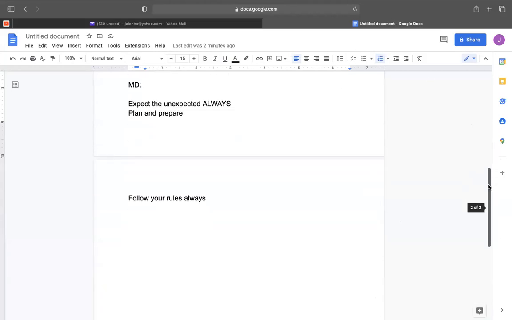So next is management discipline, right? I could teach you guys a thousand different things, but managing discipline is going to be key. And we're going to get into an actual slideshow in a minute here. These are the only things that I do. It's just 3 steps of managing discipline. And it is: expect the unexpected, always, right?